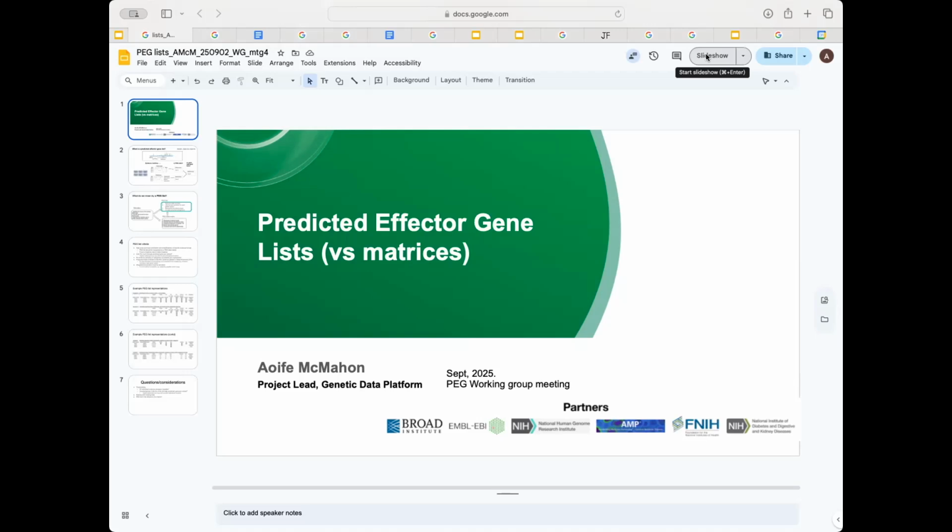And a list should always be related to a matrix, right? So this is what we're thinking in terms of criteria. Like I said, it's a high-level summary, a distillation and simplification of the results from the matrix. That list should be supported by a data matrix, and therefore the column headers for the list should match the ones for the matrix.